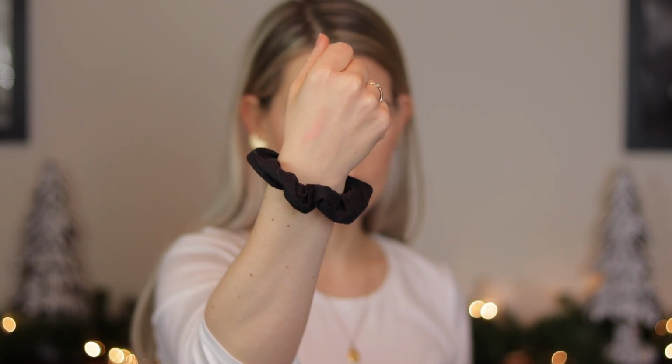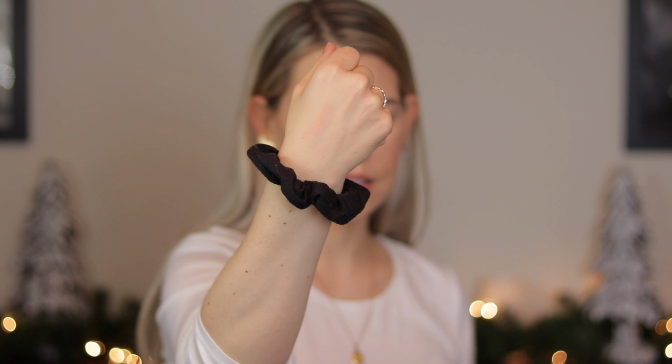So that's what it looks like swatched on the back of my hand. Like I said, I'm not that big into finger swatches. That does seem pretty sheer, but we'll see how it performs on the eye. So I'm going to take the first shade, Canvas, which is just kind of a skin tone color for me,